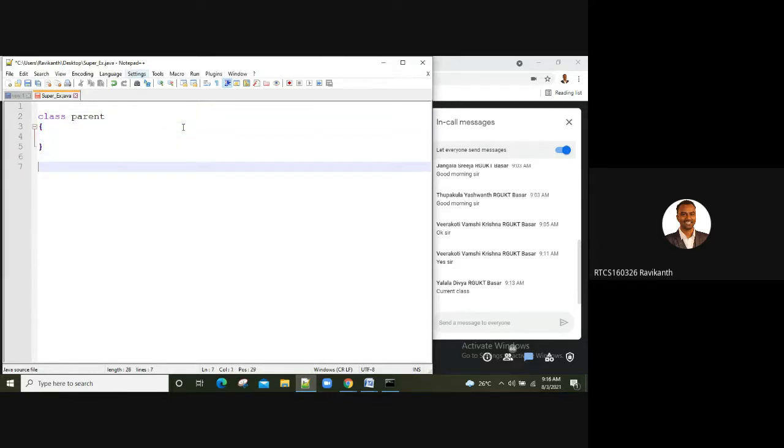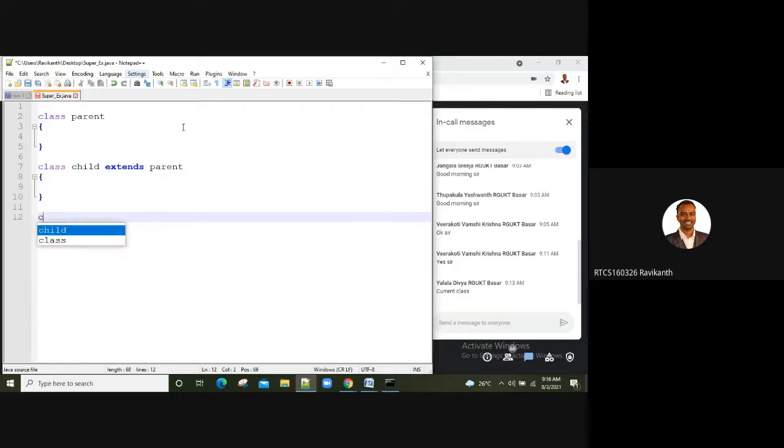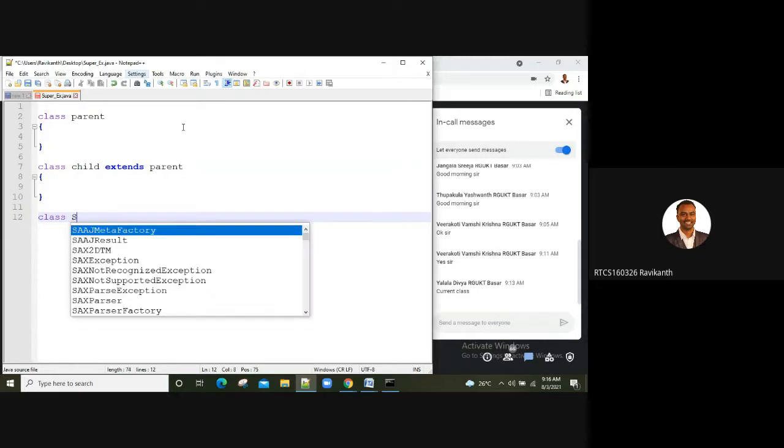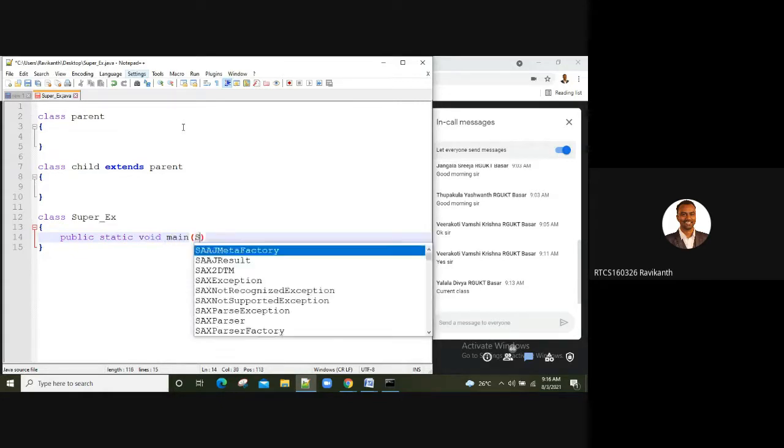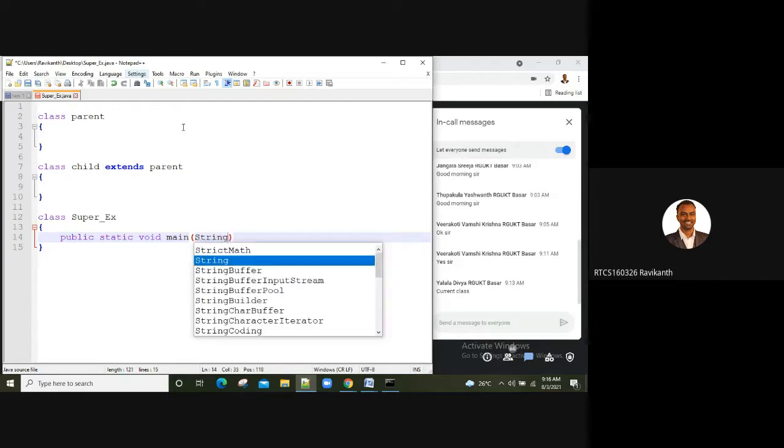Then I'm creating class Child extends Parent. Then I'm creating the main class, class Super_example, with the main method: public static void main(String args).